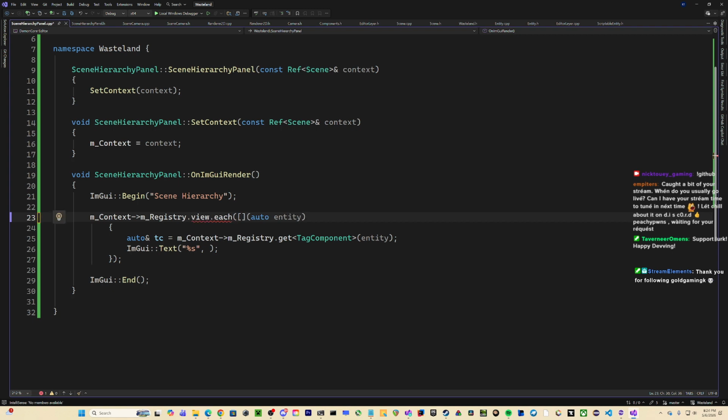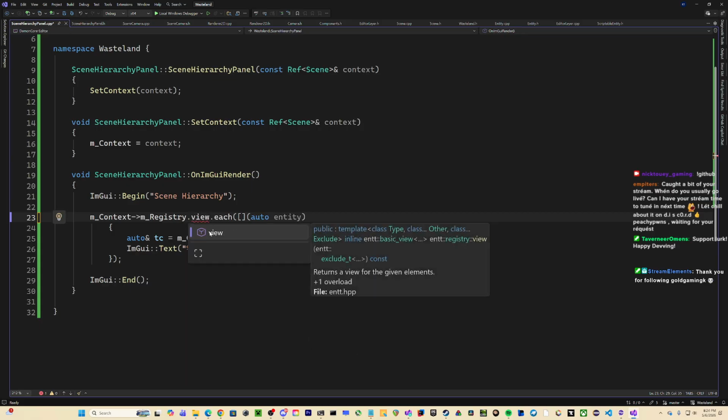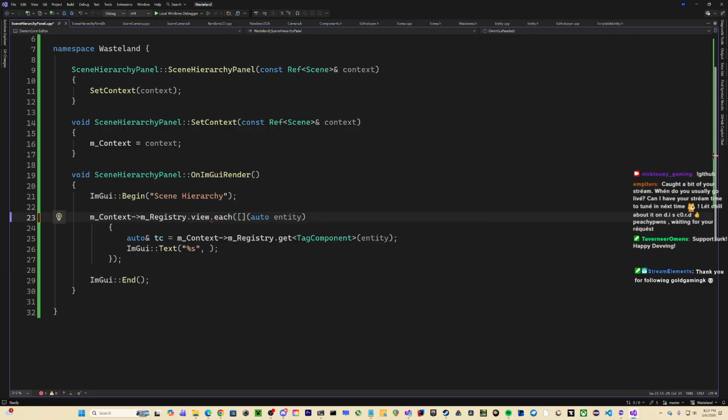If I do this, and then... Yeah, no. Am I just stupid? I might be. Dot view. Dot each. No. That doesn't work because of the way it's set up.